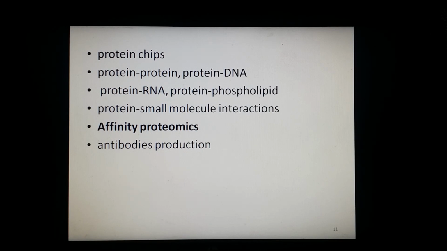Protein chips are likely to be the next major manifestation of the revolution in proteomics. These protein chips offer another solution to analyze low abundant proteins, and they have the potential for high throughput application to identify biomarkers.